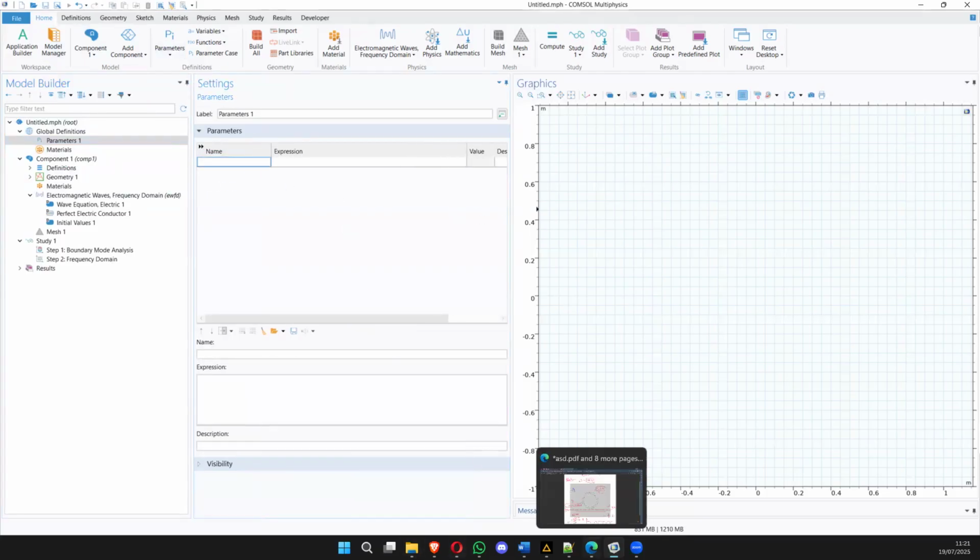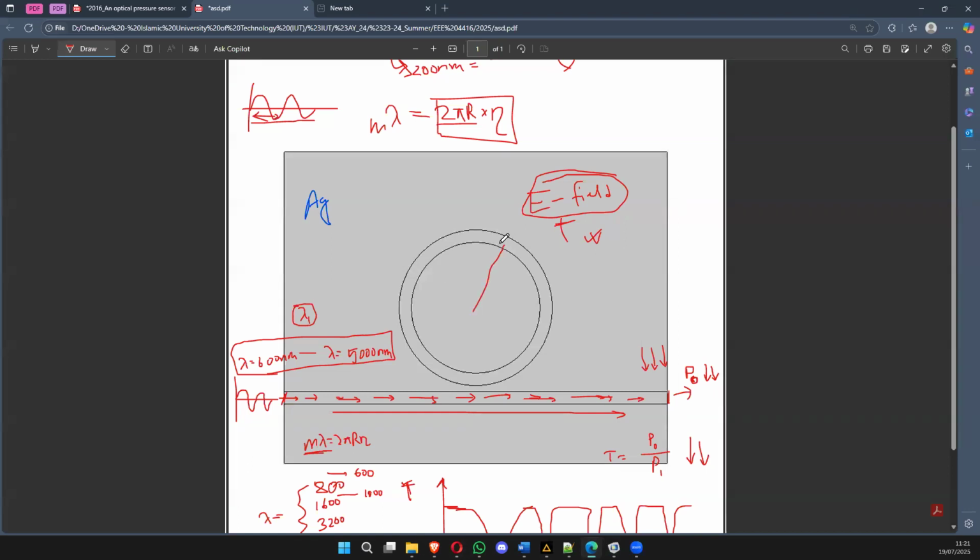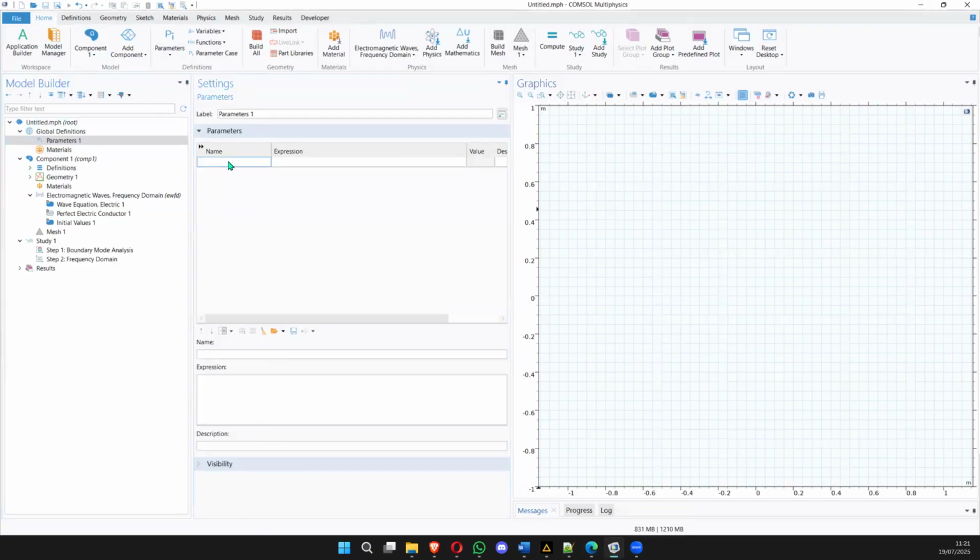First, we want to give the parameter that is the radius of the ring. That is what? R. Okay. We want to give this parameter. So do it with me. So R,